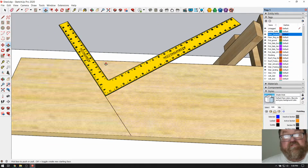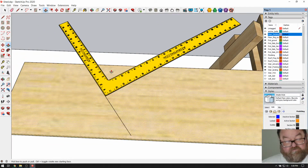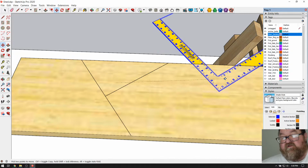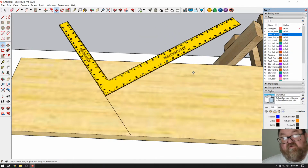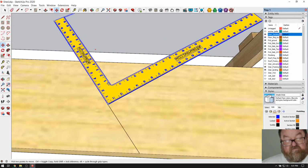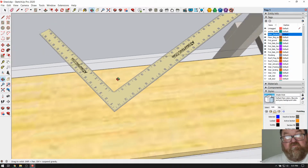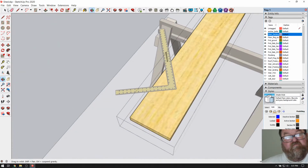So let's see if I made this. Oops. Now see, that's why I wanted to. You see, this is easier in real life, I promise. It's easier to manipulate this stair. And why? Right, we're going to undo a few things here, and we're going to start over, and I'm not going to worry about the square being,